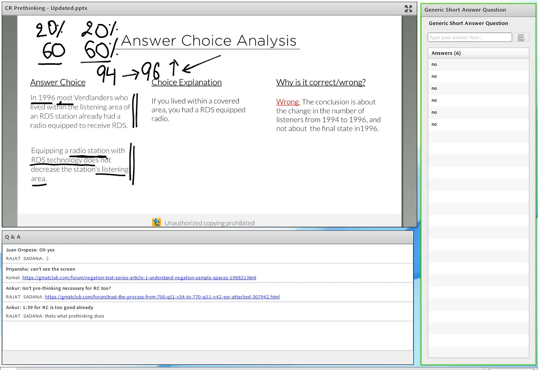We are told that a radio station should have special programming. So if a radio station does not have RDS technology, then what is the range of special programming from that radio station? 0. Yes, it's a really important number. 0.